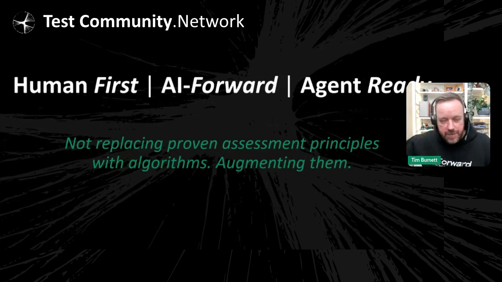This is my kind of thing at the moment: human first, AI forward, agent ready. This is the mantra that I'm giving to organizations and telling people to go down. So you've got to think about the people involved, people like the candidates, people like the SMEs that are involved. You need to invest in your community, invest in your staff. You need to have sustainability. People are still going to be around; AI is not going to remove us all from society. If you've been watching Terminator or something like that, then maybe, but humans are going to be a significant part of it. Think about the candidates.